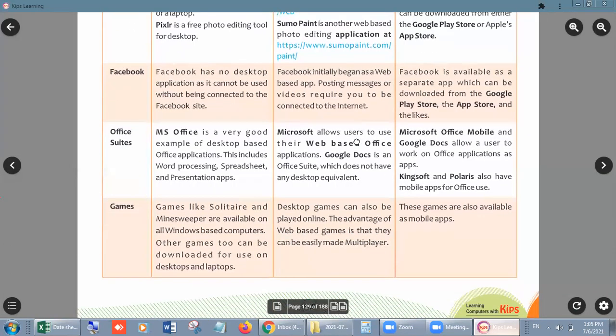Next is games. We have very few games which we can run on our computer without internet, like Solitaire and Minesweeper, which are available in Windows games, but we can run them only after downloading them, and if you want to continuously update them, then we need an internet connection, right?